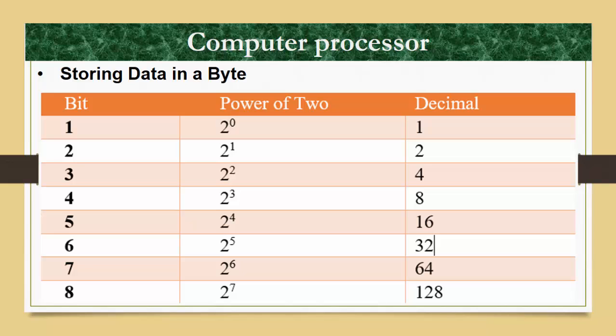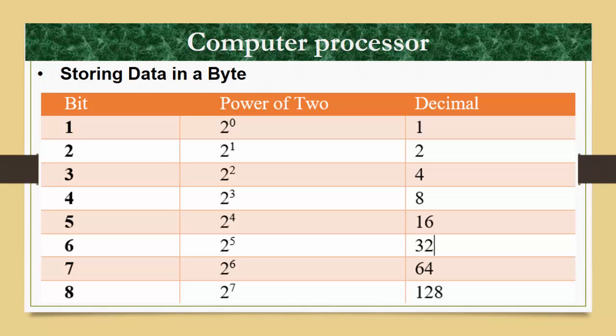Next one, student says storing data in a byte. The byte is used on the computer to store many types of data. The 8 bits of the byte can hold the decimal values 0 to